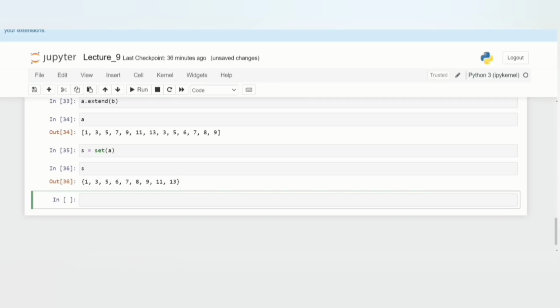The difference between A and S is that here you can see multiple elements that are repeating themselves, 3, 5, 7, 9, but here all the elements are written one time. So we don't use sets that much, therefore we will not learn about this in detail. Now we will move to the next data structure type, that is